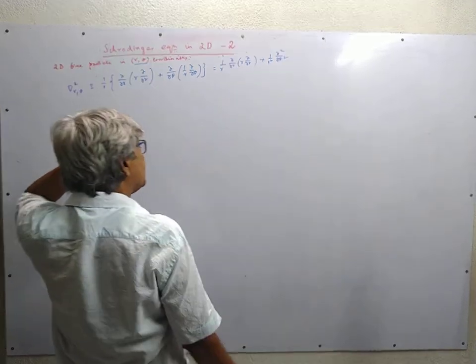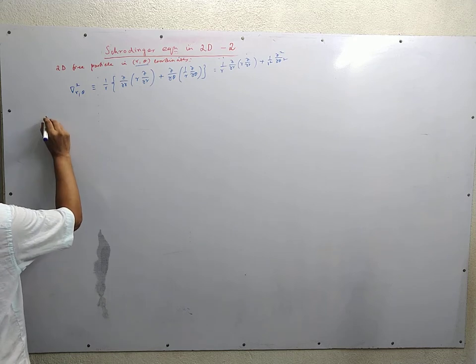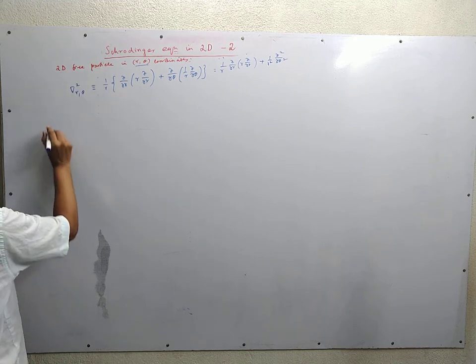This is the Laplacian. So the time independent Schrodinger equation, if we consider a free particle in polar coordinates,